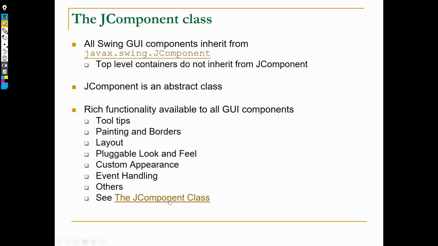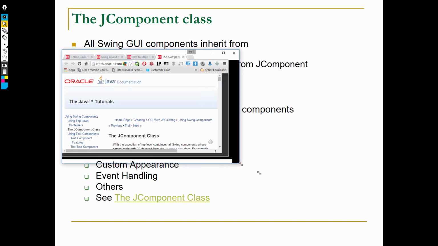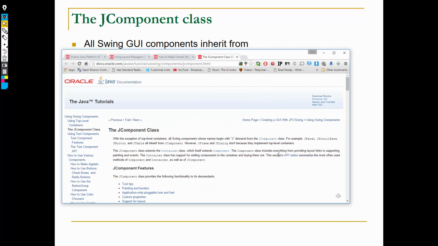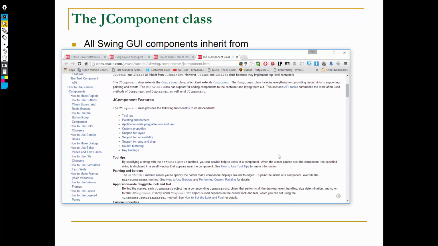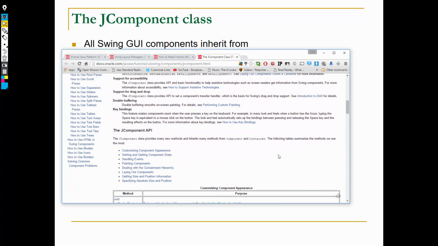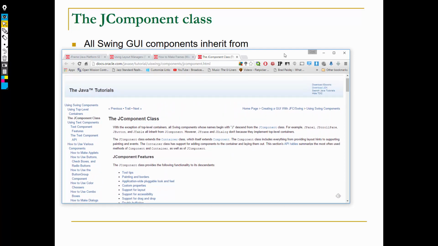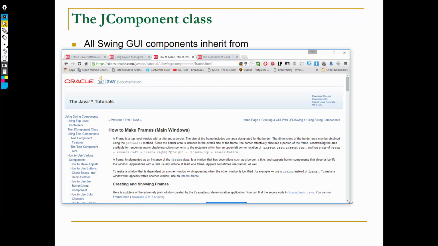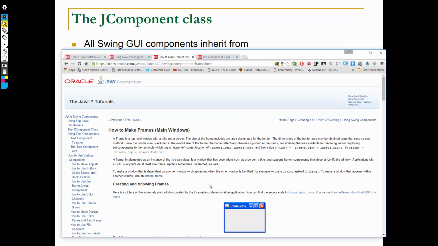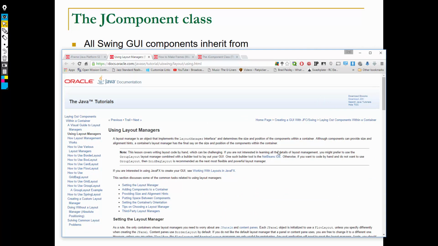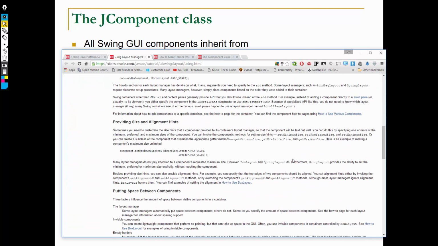So JComponent, maybe we'll just try to bring this up if we can. And there it is, the JComponent class. It's worth your while to check this out. All this functionality, once you learn it for one, you sort of got it for all of it. Now, while we're here, I pulled up some things just to look at. The Java tutorial, here's how to make frames. You probably want to check this out. Here's using layout managers, and